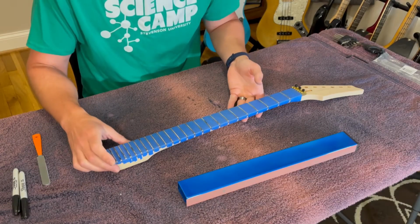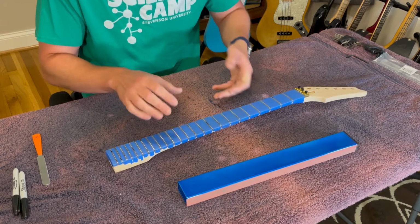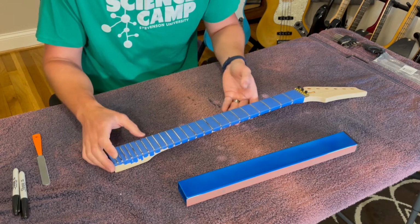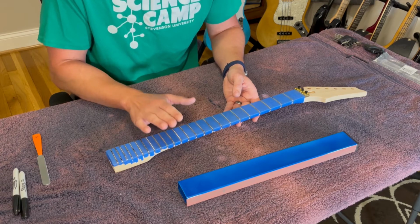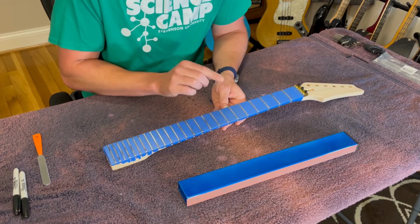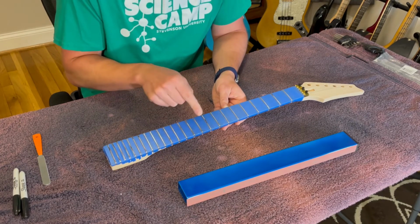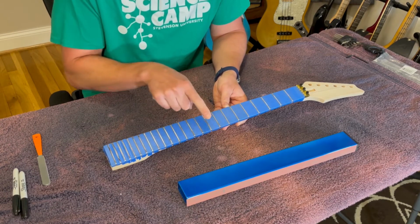All right, everybody, we are back, and we are actually done with the leveling process. Now, as you probably could tell in that time lapse, it took a bunch of passes up and down the neck to achieve what we were talking about, this situation where you can look at all of the marks and you can finally see the shiny scrapes hitting every part of the surface of